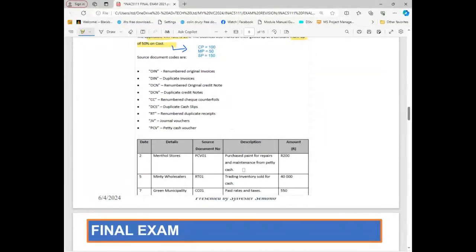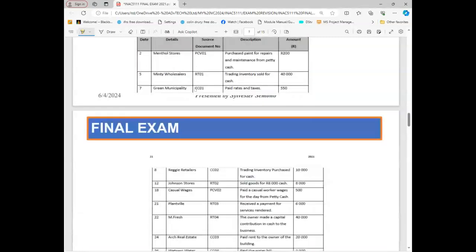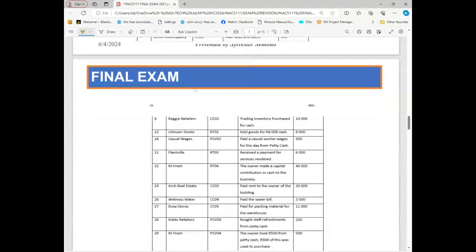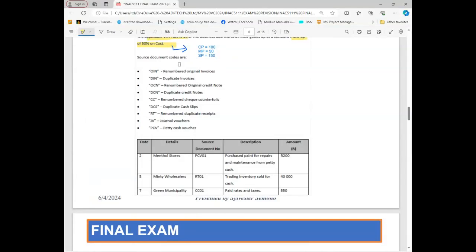they don't specify how you transacted. For example, they can just say you bought. If they say you bought and you don't know how you bought, you must go and check the meaning of this. For example, renumbered original invoice. Usually we get these invoices when we are buying goods on credit. If you buy on credit, you get what? Original. So the minute you see the words original invoice,